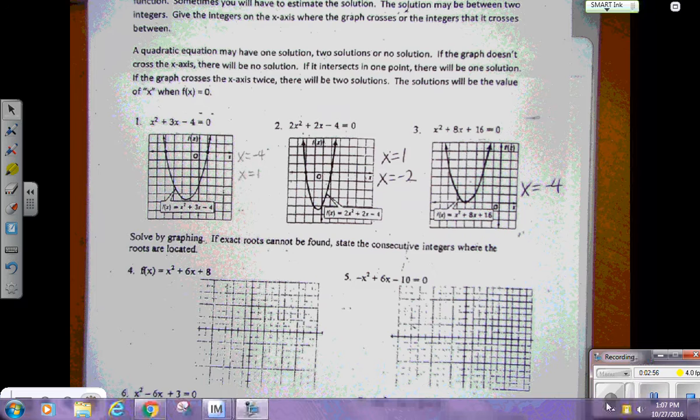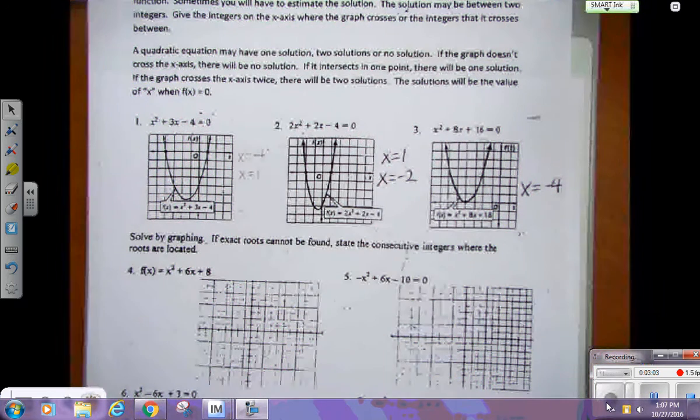All right, so let's look at number 4. We're going to solve by graphing. If exact roots cannot be found, state the consecutive integers where the roots are located. And I'll tell you what that means when we get to it. We're going to do a problem exactly like that. So first,